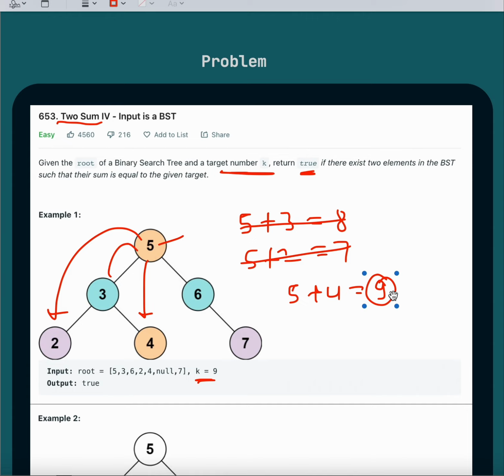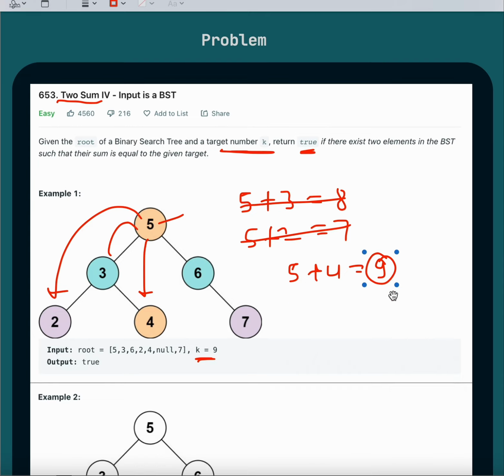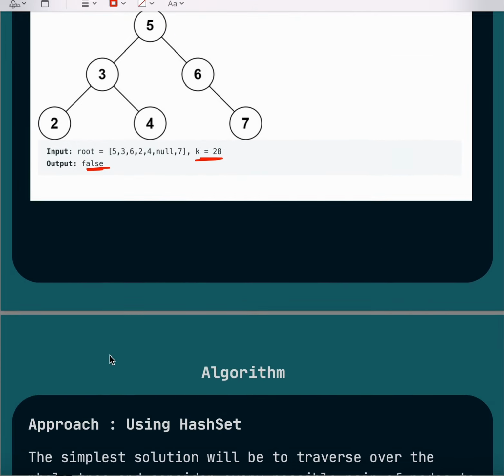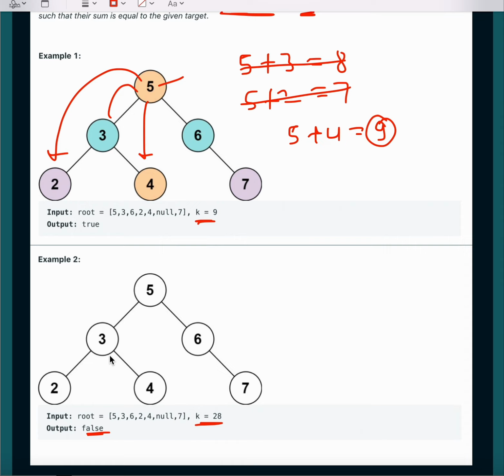Okay, so how will we achieve this in the program? By using a hash set we will achieve this. If we take the second example, the target value they have given is 28, and if we add these values we will not get 28. So in that case they have returned false. Okay, so how will we achieve it? For this approach, first what we will do is